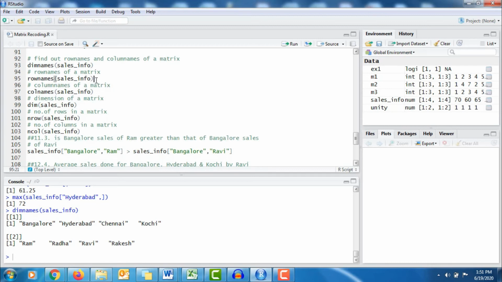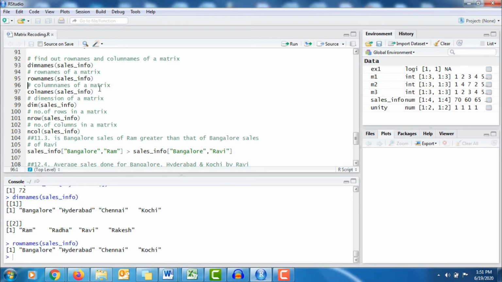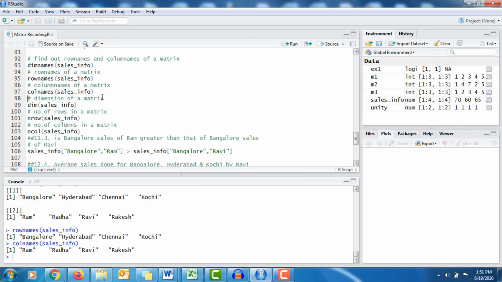Now what if I only want to access my row names? In that case, the rownames function, in the bracket you have sales info. This is giving us all the names present in my row. Then suppose I want to access column names for my matrix. Then I can use the colnames function on my matrix to get me the column names.